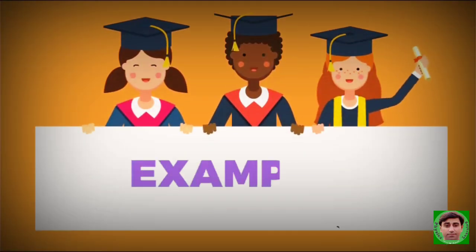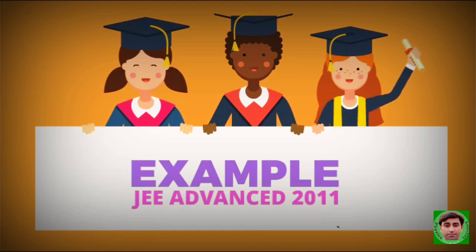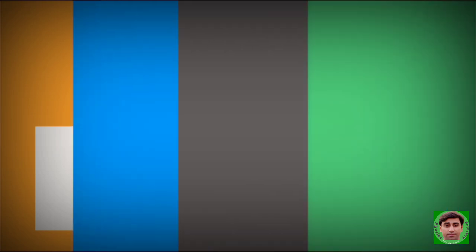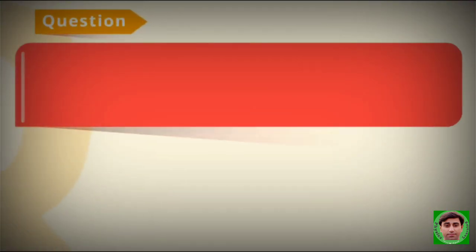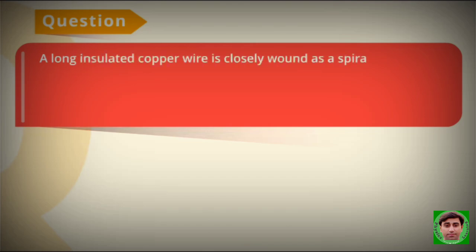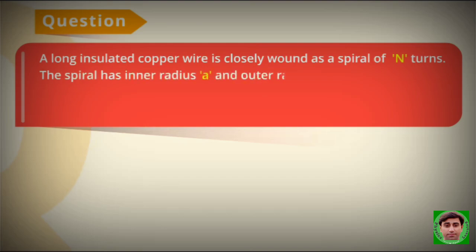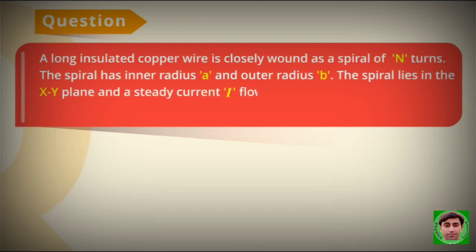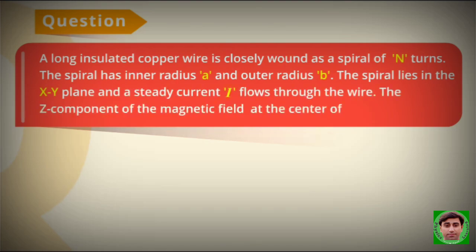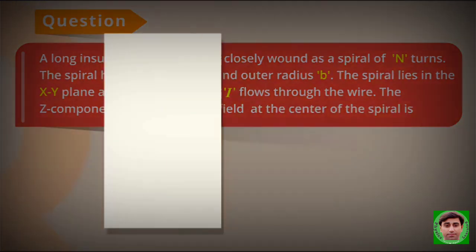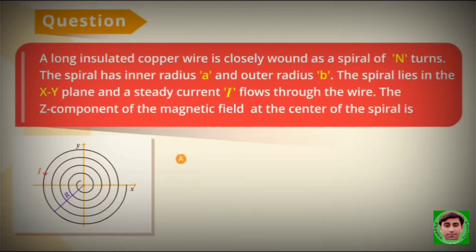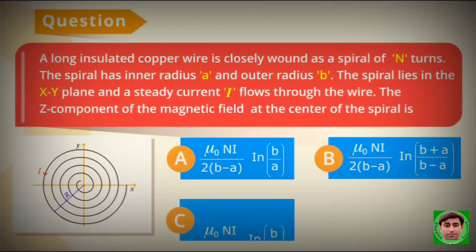Let's take another example which was asked in the JEE Advanced 2011 exam. Question: A long insulated copper wire is closely wound as a spiral of n turns. The spiral has inner radius a and outer radius b. The spiral lies in the xy plane and a steady current I flows through the wire. The Z component of the magnetic field at the center of the spiral is... The options are